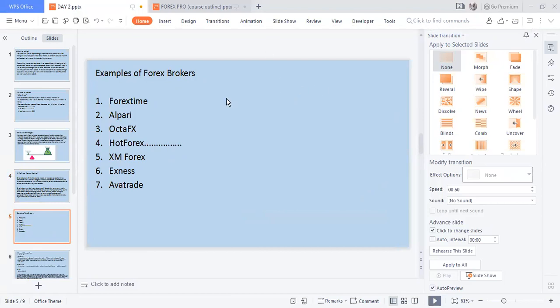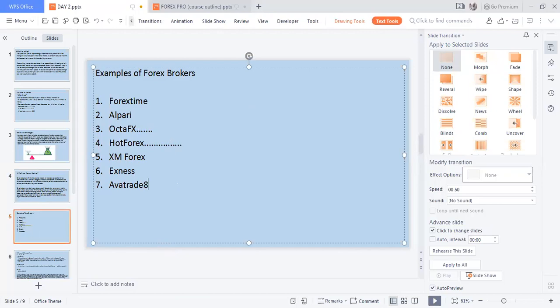Yeah, we have Apari. We have OctaFX. We have XN Forex, XNet. We have a whole lot of brokers. Name it. But let me tell you the truth, class. The one I've been using, which has been so wonderful, is Forex. And another which I also give to my students is OctaFX. Another one which I know is so perfect right now, in fact, it is so unique, is